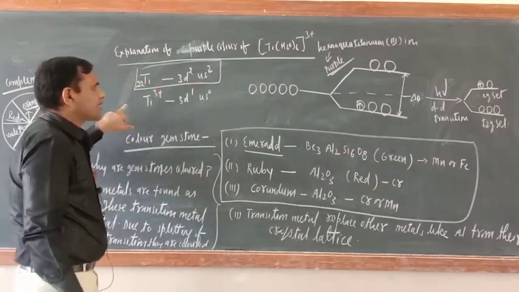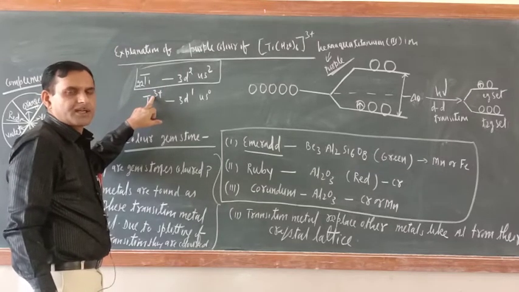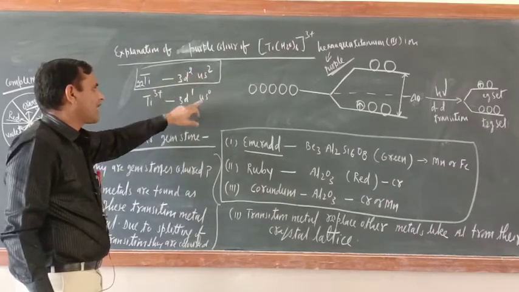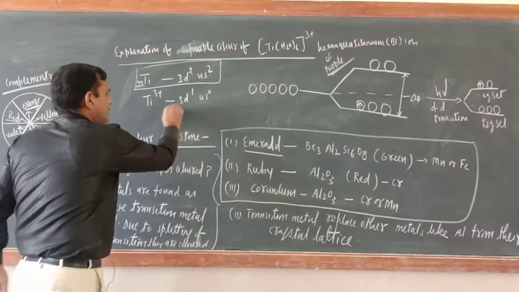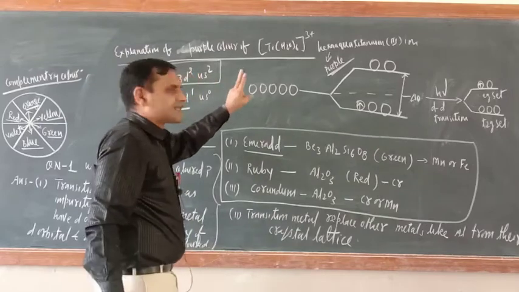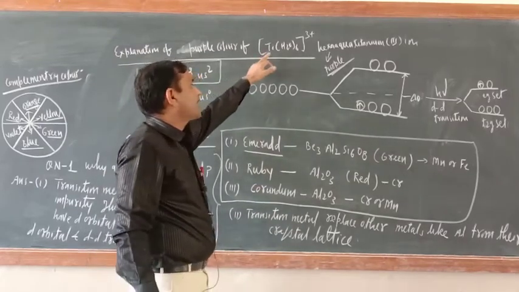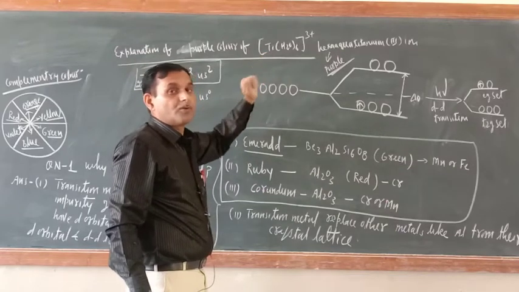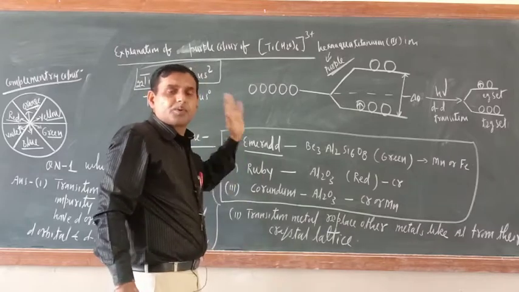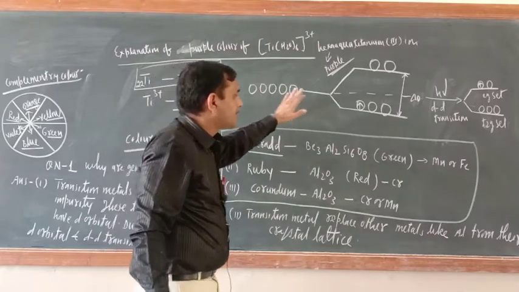Now the oxidation state of titanium is Ti3+, which means 2 electrons of 4s and 1 electron of 3d will go. So now 3d will have 1 electron. Now 6 H2O ligands will approach towards the titanium. And you know the nature of H2O: it is a weak field ligand. So when they approach the titanium central metal atom, the d orbital will split into two